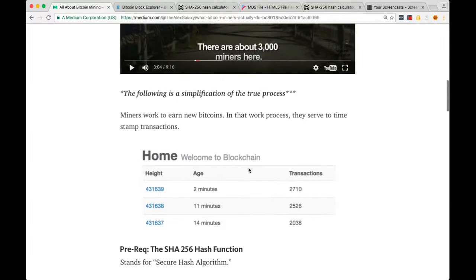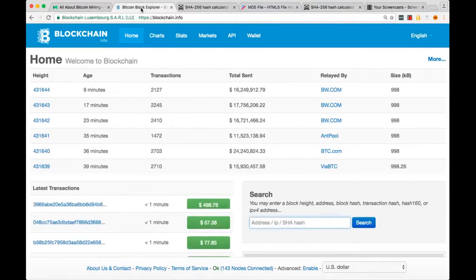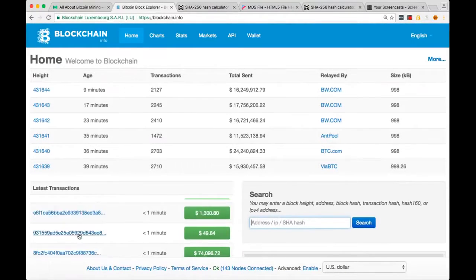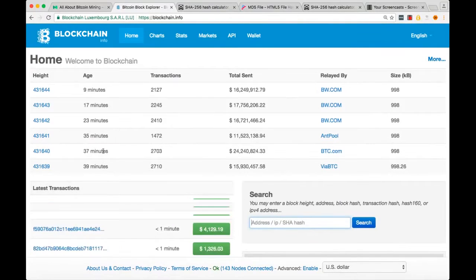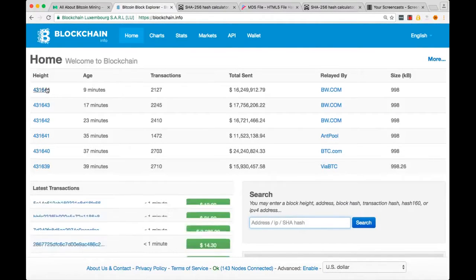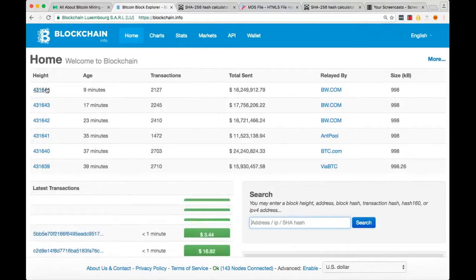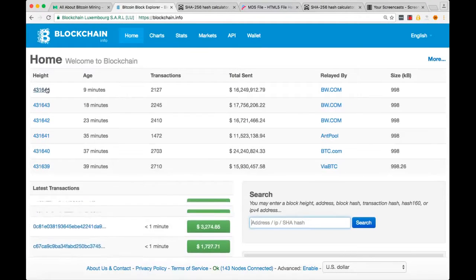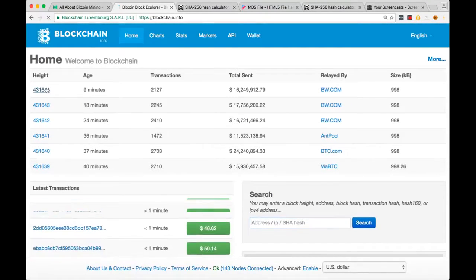There's a few blockchain explorers, like blockchain.info, and this is a screenshot that shows 3 recent blocks that were mined 2 minutes ago, 11 minutes ago, and 14 minutes ago. It also shows the number of transactions in each block, and we can go into and see this live. Here are the live transactions. And if we go into this most recent block, which was mined 9 minutes ago by bw.com, if we click on that,